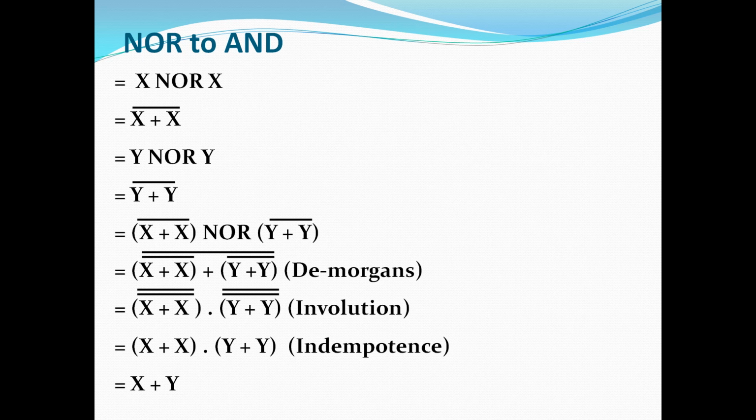Then if you apply the NOR operation, the output is ((x plus x)' plus (y plus y)')', with one whole dash applied to both. Then we have to reduce the operation until we reach the OR operation. So it will be